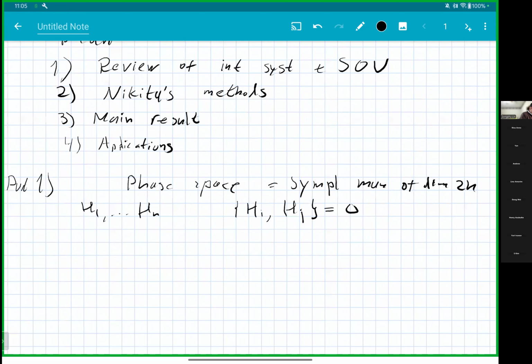In principle, I think that's all. The question is which integrable system you would like to study. There is some set of nice examples which people work with. For example,